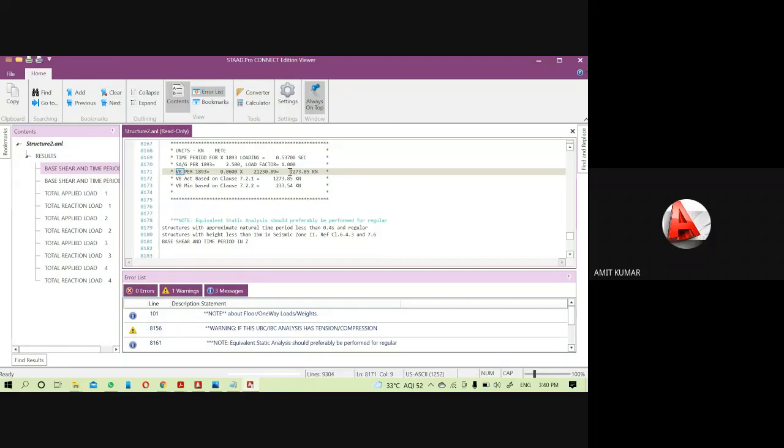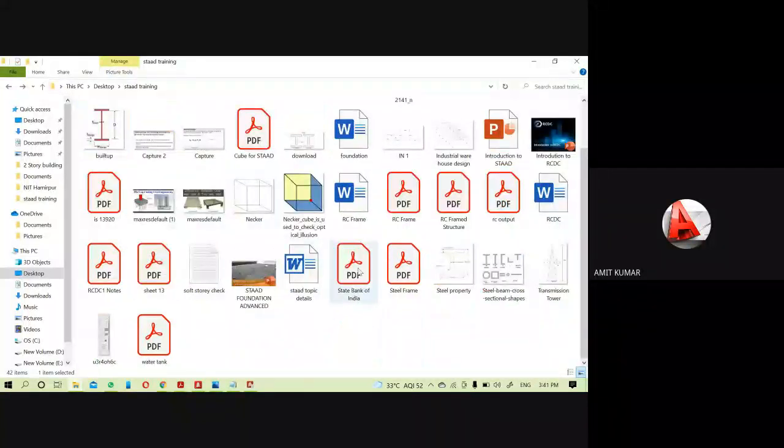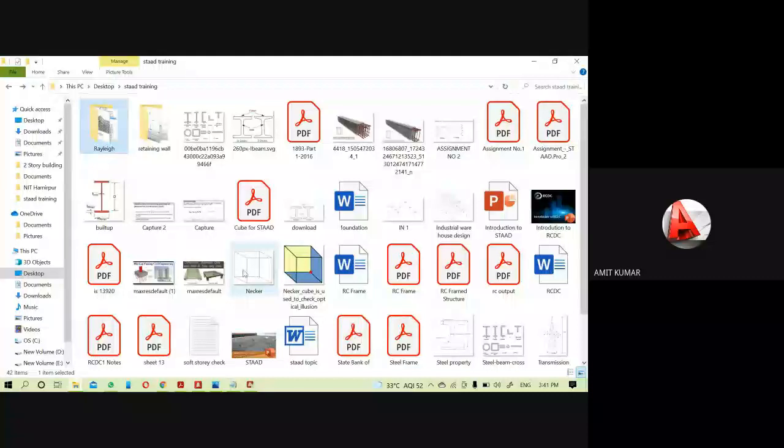Base shear value is written here, and it is calculated by this formula, that is 0.06 multiplied by 21,230.89. So what is the 0.06 and what is this? I will explain. The formula for the VB is equal to AH multiplied by W. Okay. The formula for the base shear I can show you. Just wait. It is written. Then I can show you. Let me pen. Yeah.